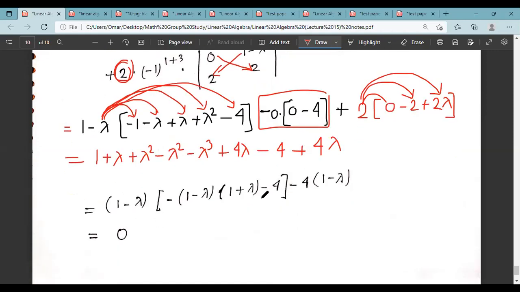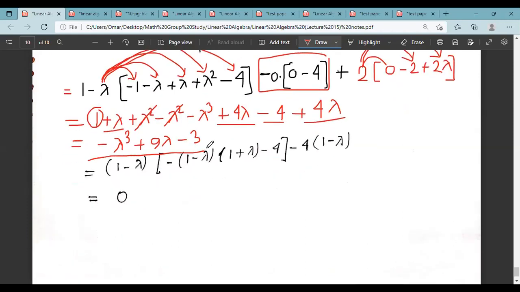And then you will get, let's see, lambda square cancel, so you get here minus lambda cube, and then 4 lambda and 4 lambda, 8 lambda, and then another 1 lambda, that means plus 9 lambda, and then minus 4 plus 1, right? Minus 4 plus 1, it will be minus 3. So we end up with this equation,